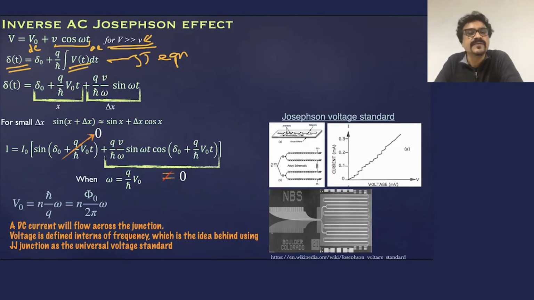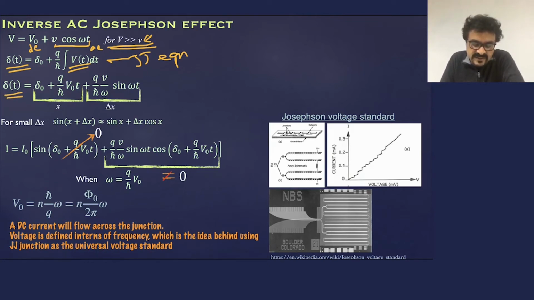When you substitute this here, this is what we are going to get, delta(t). We have already assumed that the magnitude of the AC excitation is comparatively very small, and in that situation you can actually write this delta(t) as